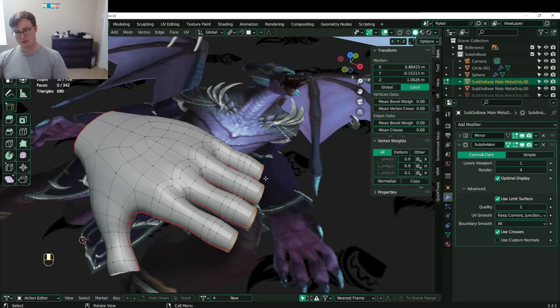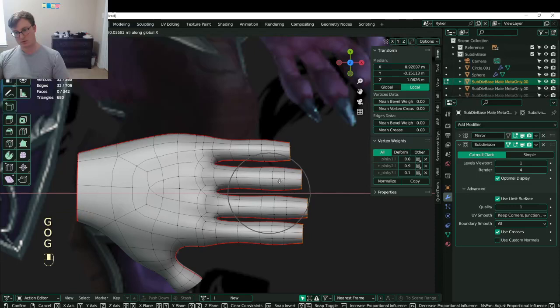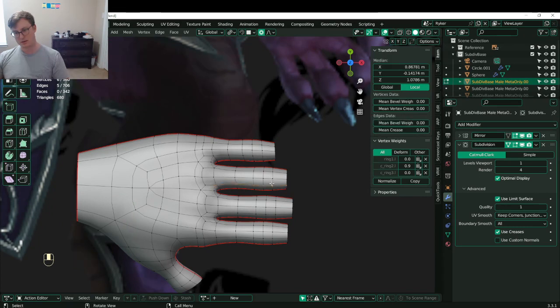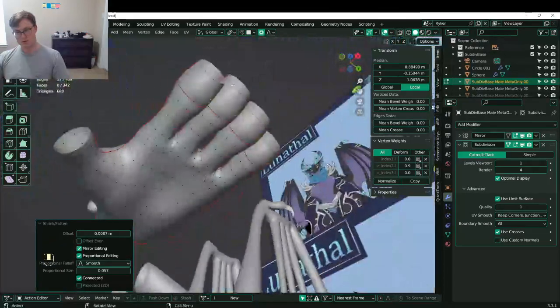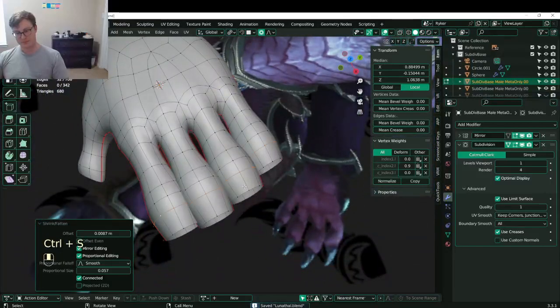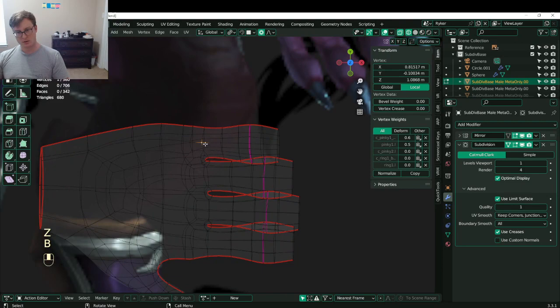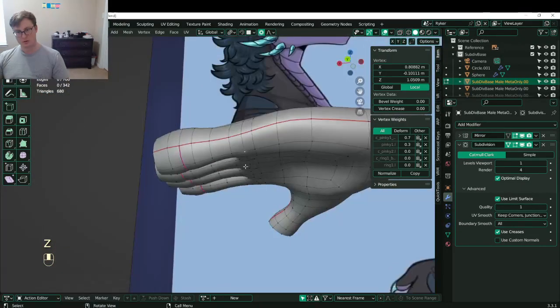Then move these forward. It's kind of like this. Now for our fingers, what is the best way to